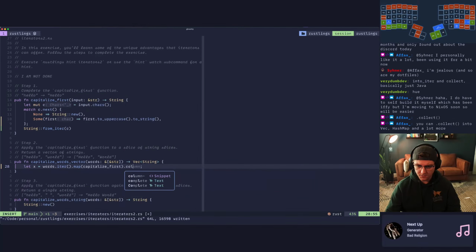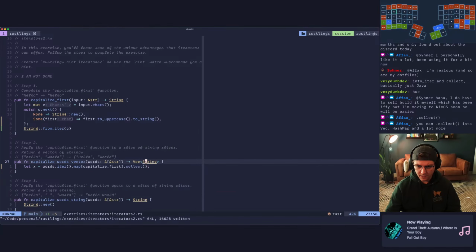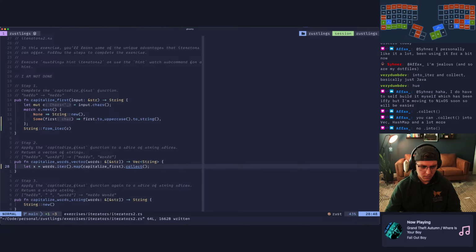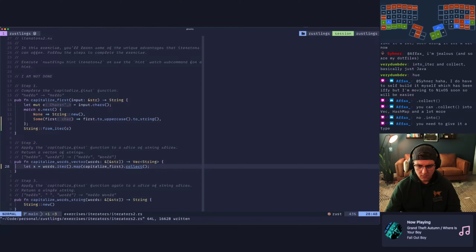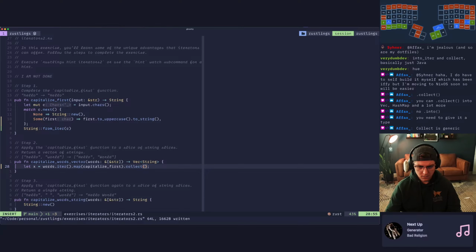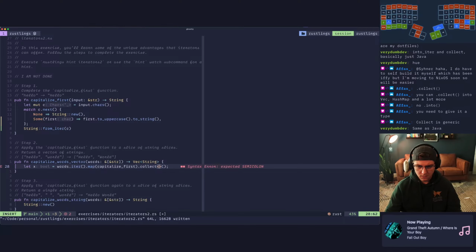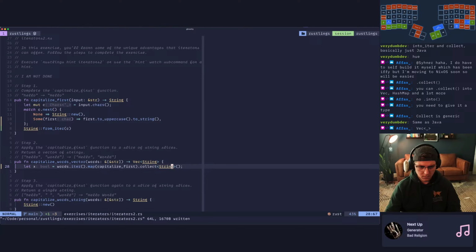I thought it was collect too. But it wouldn't let me call collect on that. Which thing do I give a type? Right here, can I give this a generic? What's that underscore do?